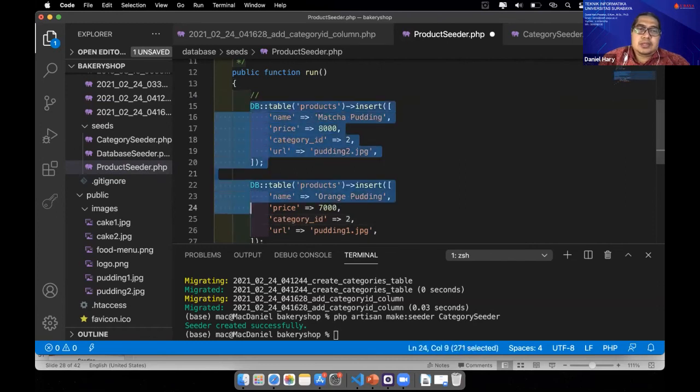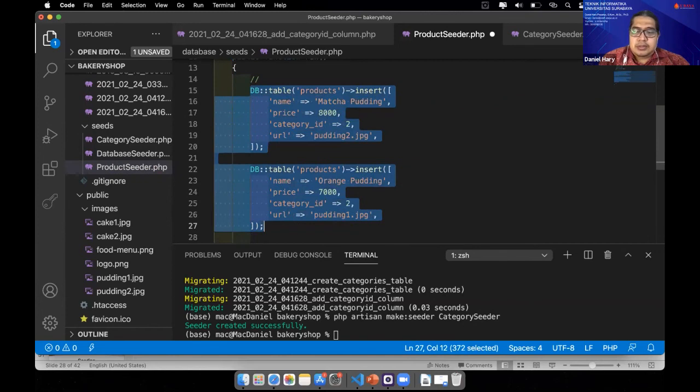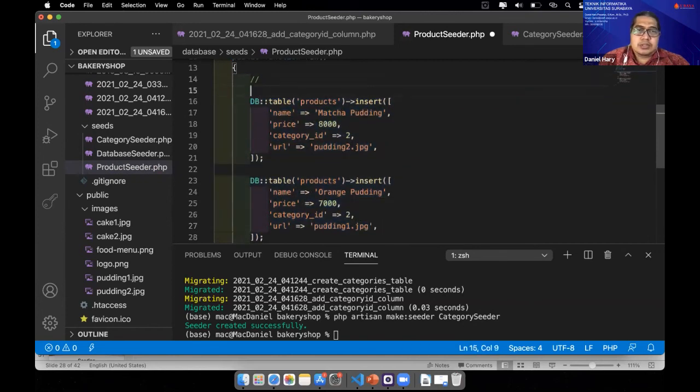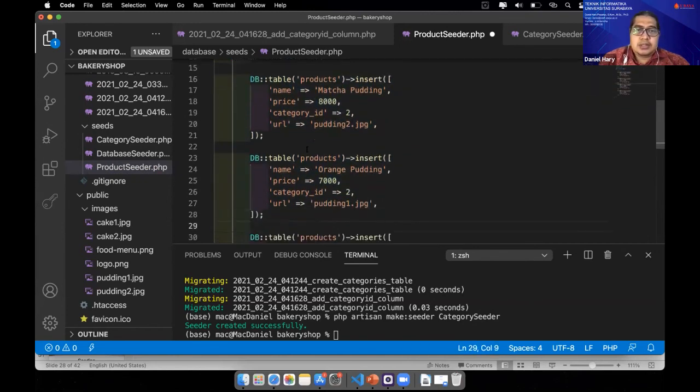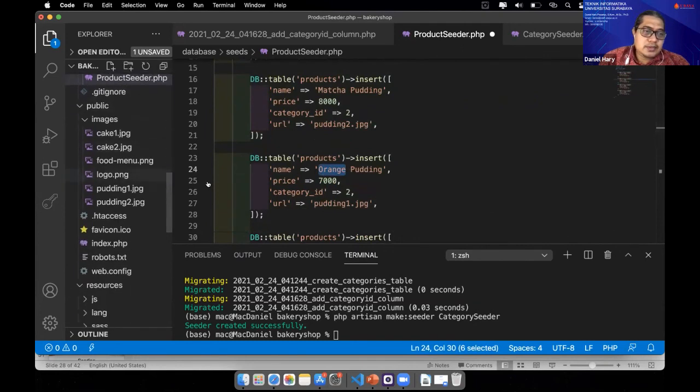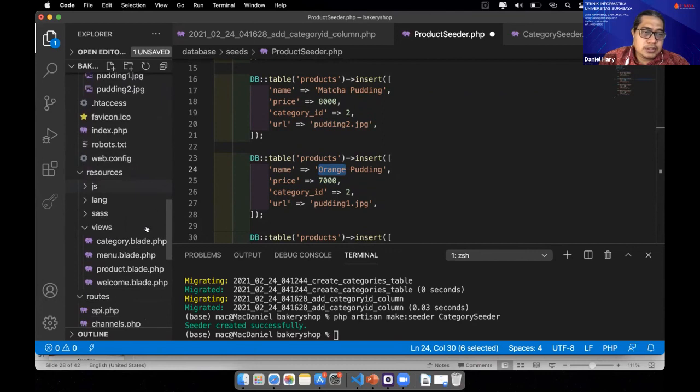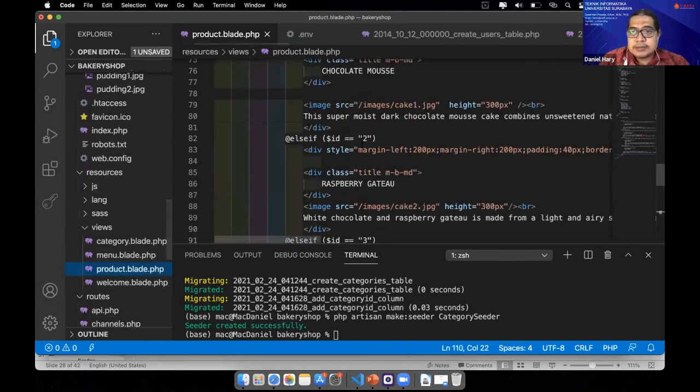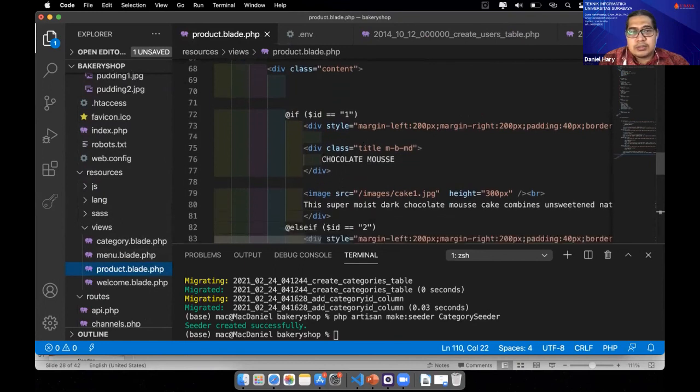And for the cake, we also put some data. I don't remember the name of the product here. Chocolate mousse.